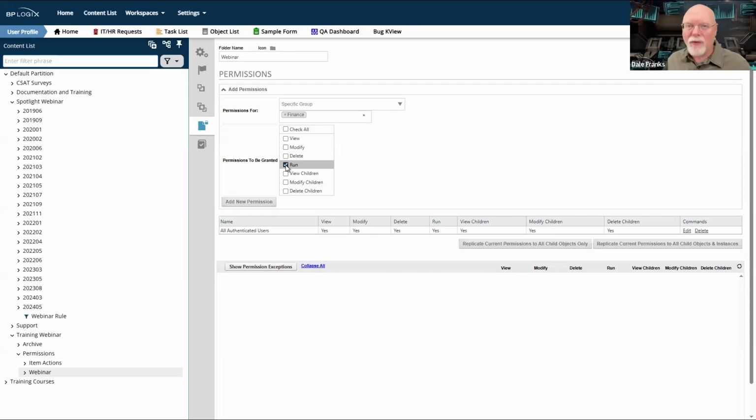The most common use case for run is for forms and knowledge views. Because in both of those cases, I need to run the form to submit it. I need to run the knowledge view to have it return the records and display the records to me. So run allows me to actually activate or invoke the objects and make them start running.